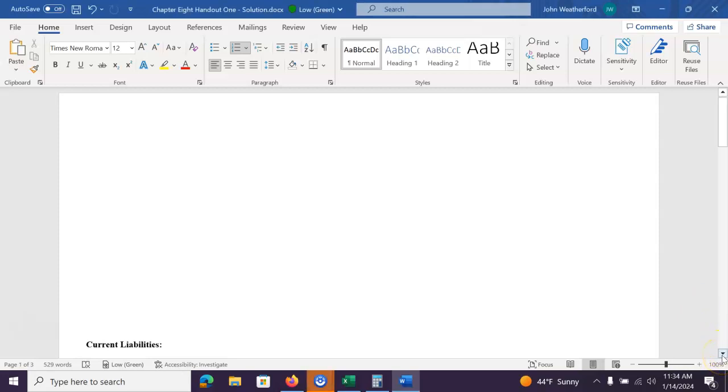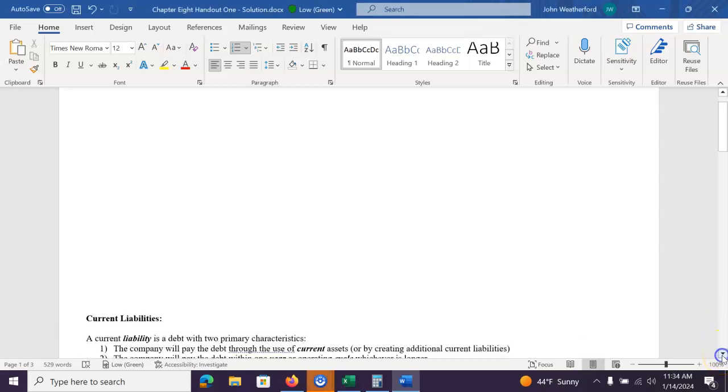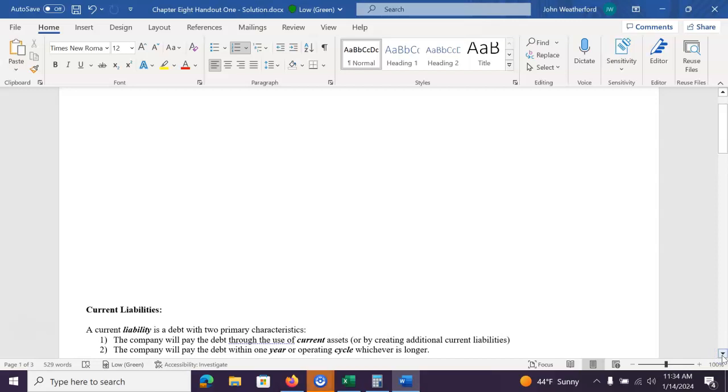Okay, you guys, our next topic is current liabilities. So let's first look at a definition there. I'll let you read that one, but I'll just give you my definition. A current liability would be a future debt or obligation that the company has the intent and ability to pay